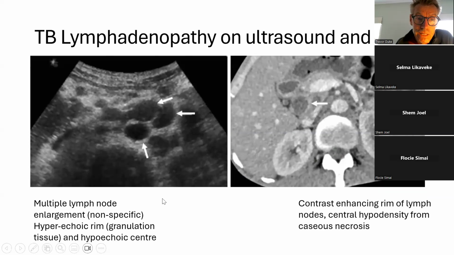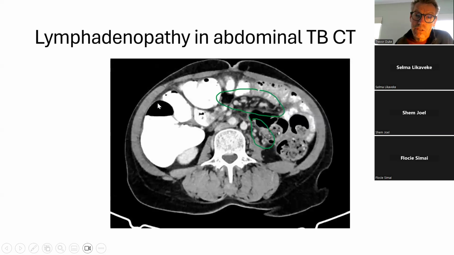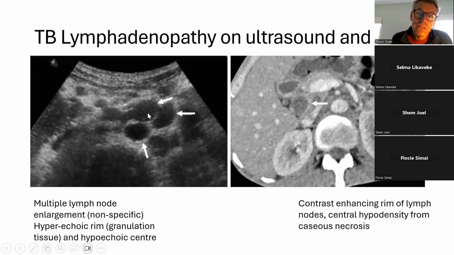Again, this is abdominal TB where there's multiple large lymph nodes. They're hypoechoic. They've got a thickened hyperechoic capsule around the lymph nodes, which usually, the rim is sort of granulation tissue, like scar tissue around the hypoechoic lymph nodes. Now, having said this is typical of abdominal TB, all the findings on ultrasound of